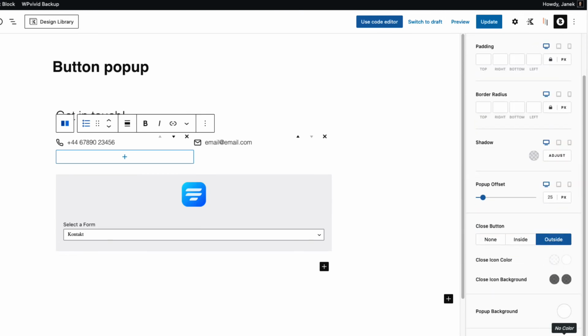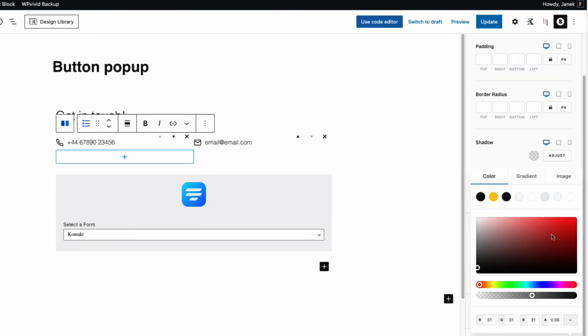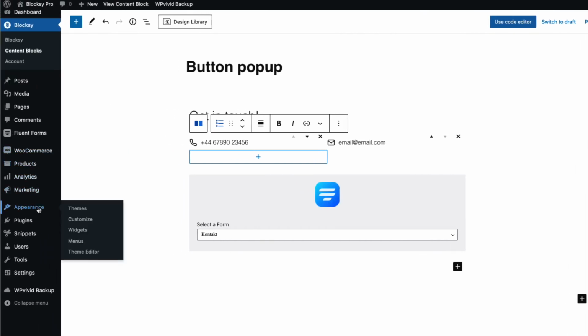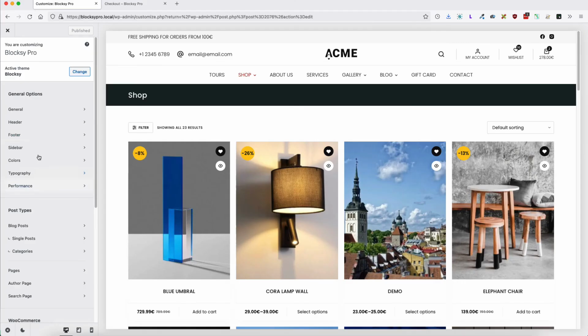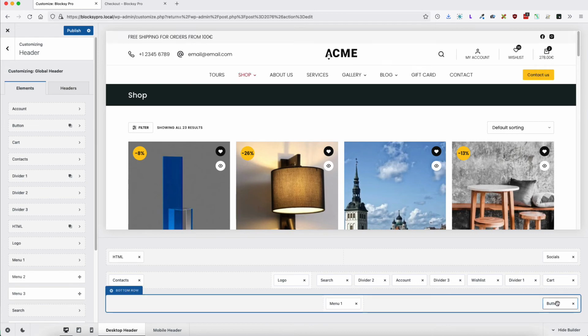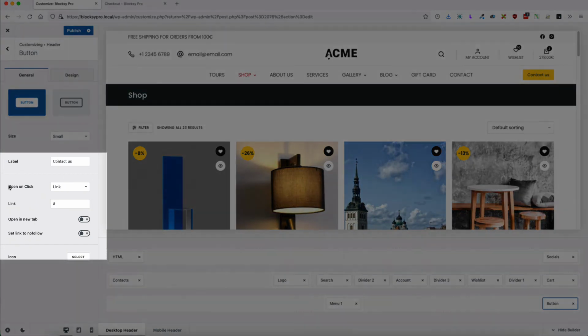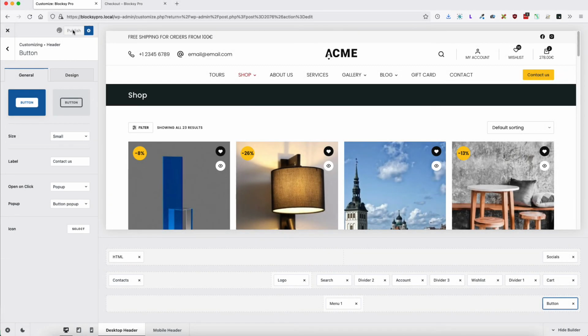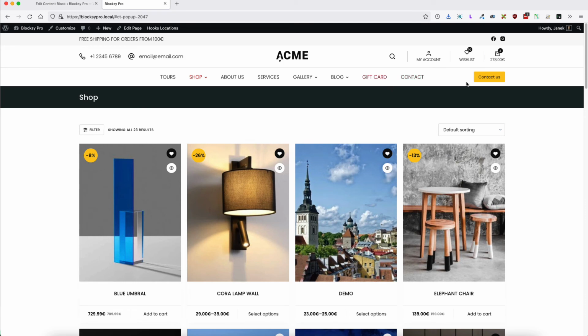Under the design, I'm gonna set the backdrop once again, padding to 0, update it, and now how to set it up. Well, I'm gonna go to the appearance and customize. I'm gonna open up the header, drag the button in the place I want it to be. I'm gonna open up the button itself, and now take a look, there is an open on click. Take a look at the selection, there is a pop-up here, and I can select whatever pop-up I want to be shown on a click. I'm gonna select the button pop-up, publish,